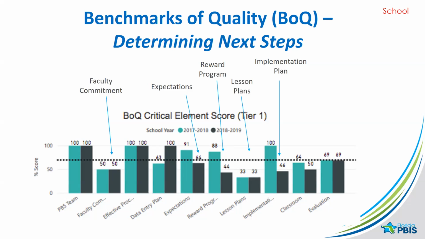And then of course, we can also look at whether we can build greater tier 1 fidelity by ensuring that we have a focused implementation plan, that we're sharing that with our stakeholders to ensure their participation and buy-in for those pieces. And then the classroom piece, as we saw from Kent McIntosh's slide, is a very important component for sustainability and effective practices with PBIS. So what can we do at the classroom level to further ensure that those practices are happening with fidelity? So just looking at the BOQ, we can begin to think about some action items that as a school we could take to ensure that we have a high fidelity of our practices at tier 1.